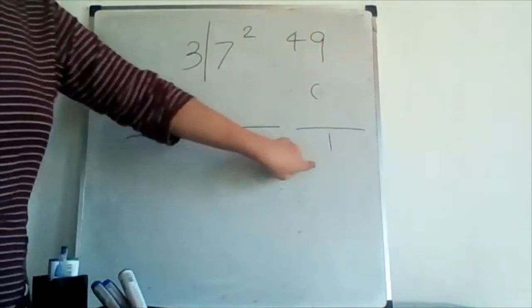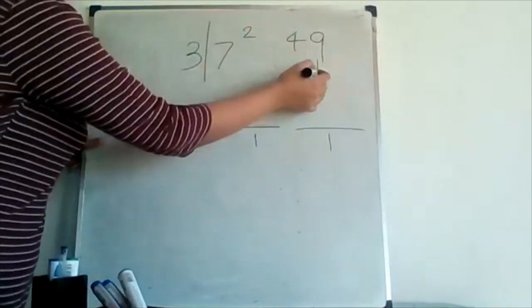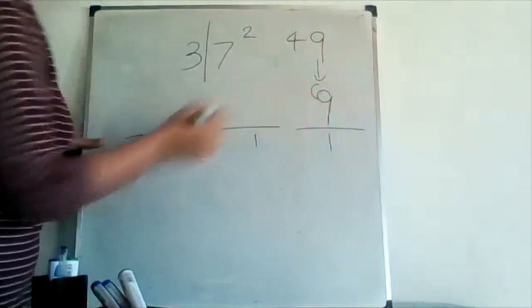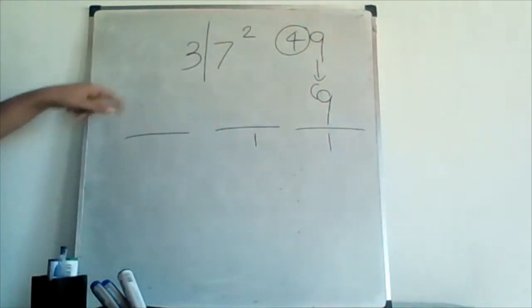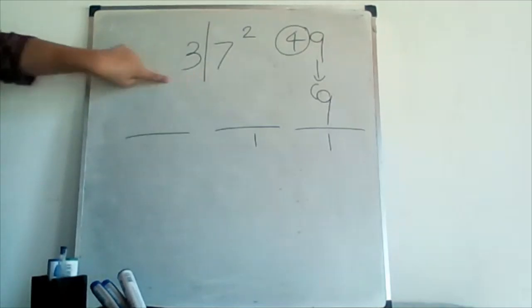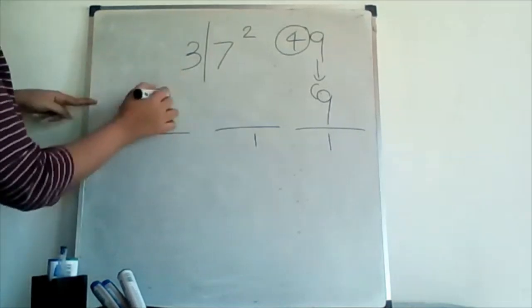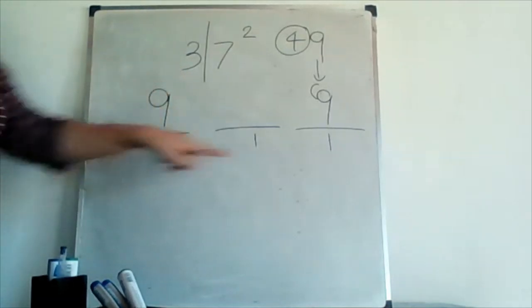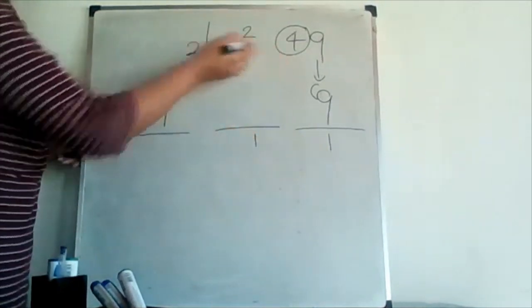But here, guys, you can see only one digit is allowed. That means the last digit should come here. That means 9 should come here, and this 4 is remaining. After that, we have to find the value for the first group, that is the square value of this group. Here it is 3. 3 into 3 means 9. So the value for the first group is 9, and for the last one that is also 9, and 4 is also remaining.